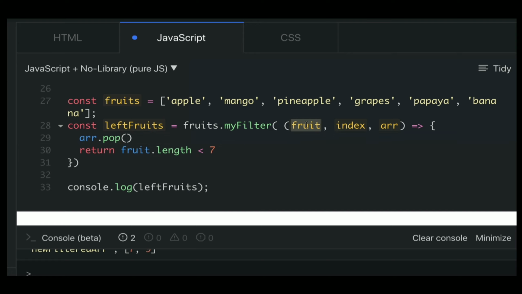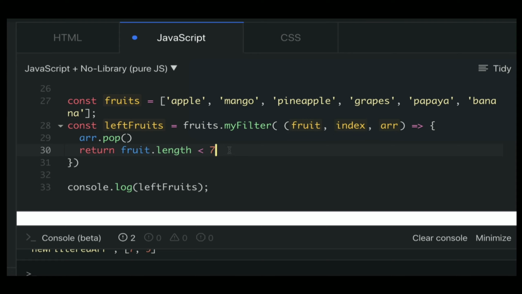First is fruit, which is each fruit we are iterating upon, and there is index, the position on which that fruit is situated, like at index 0 there is apple, at index 1 there is mango, and so on. And there is array, which is the entire array on which we are performing the operation.